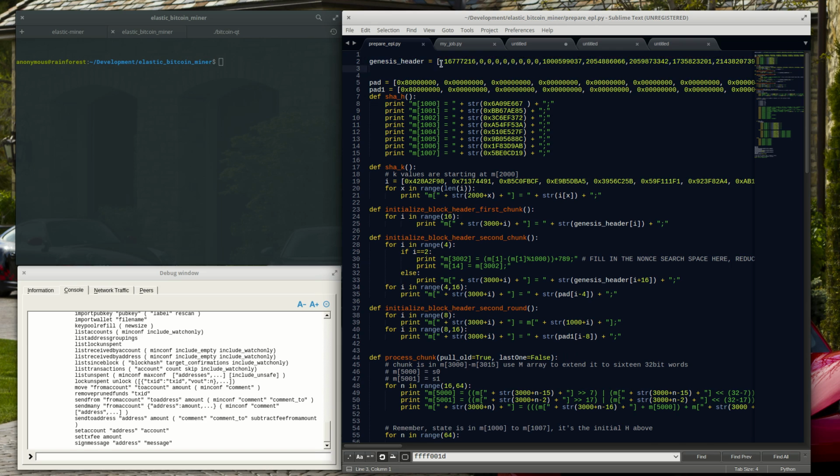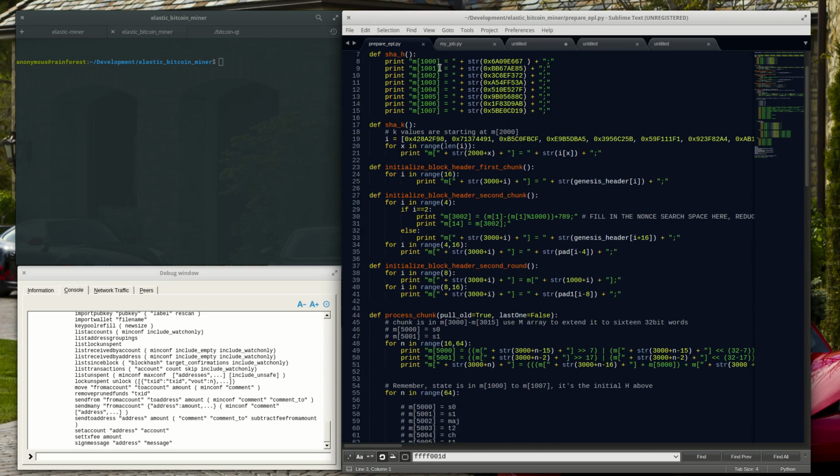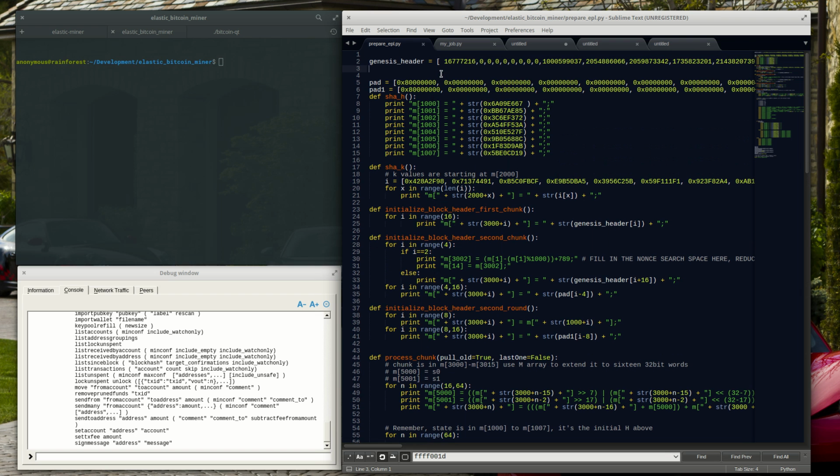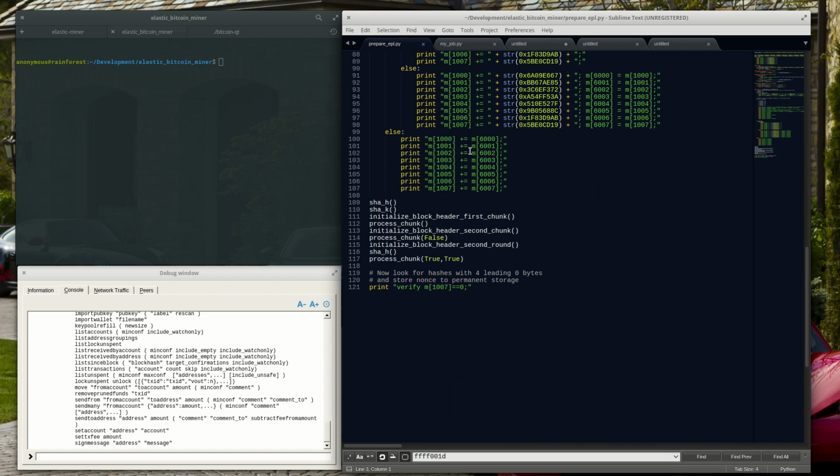So what we basically do is create a Python program that will use our block header and the SHA logic to produce a valid Elastic PL program. So when you scroll through this, you can actually find it on GitHub. You will see that this is actually correct. So we initialize the initial state, the K array. Since